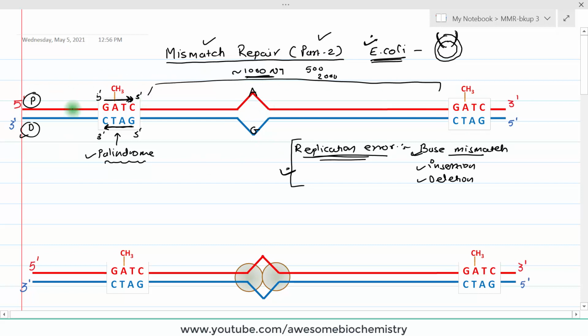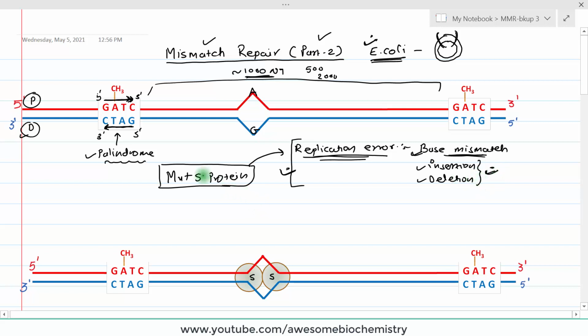So now this is the error DNA and our enzyme system wants to repair it. So how does E. coli's mismatch repair system identify this error? First there is one protein, the MutS protein. What this MutS protein does is identify the replication error and bind with it. So here this is the MutS protein which is binding with this replication error. In our example, I had taken just the base mismatch, but it can also bind with an insertion type of error or a deletion type of error.